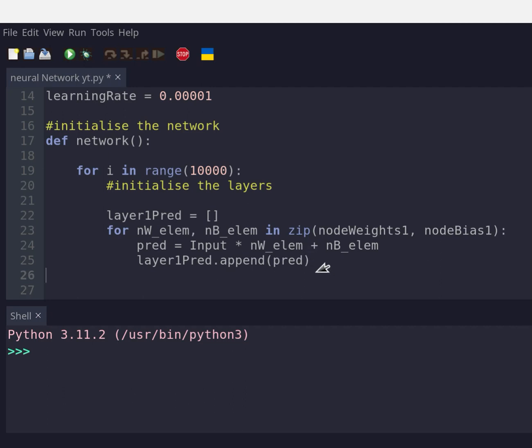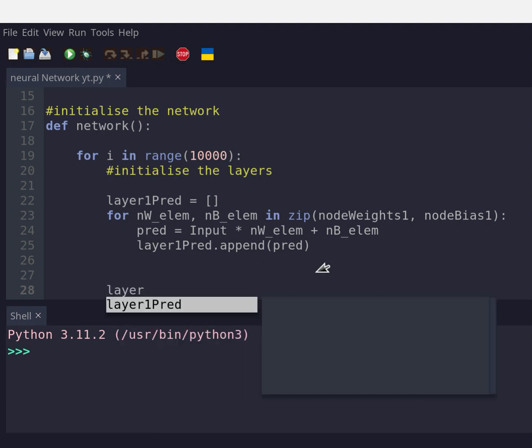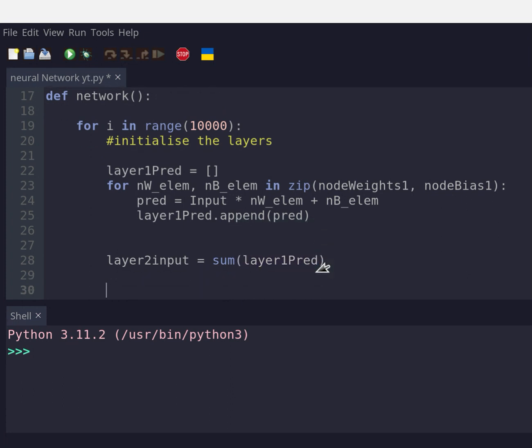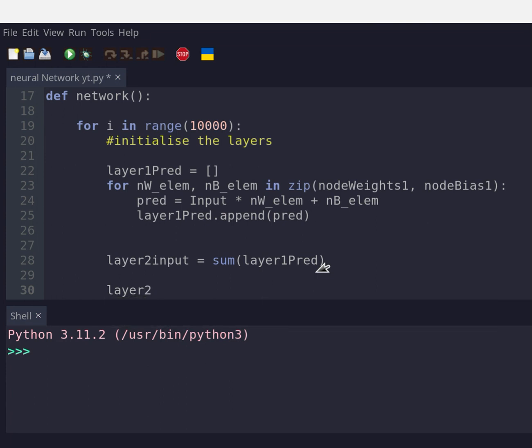In today's video I'm going to be talking you through how to make the second and third layer of your neural network. So the second layer is input, so layer 2 input wants to be the sum of the first layer's predictions, so layer 1 pred. Then we want to do layer 2 predictions are going to be a list,